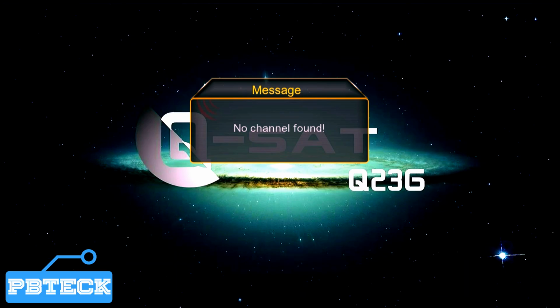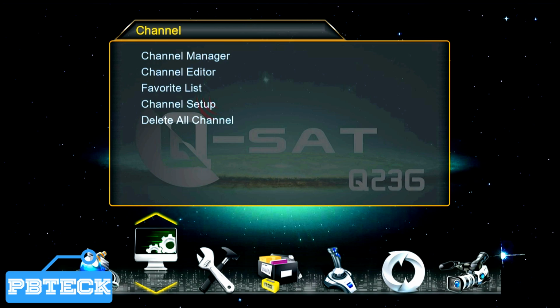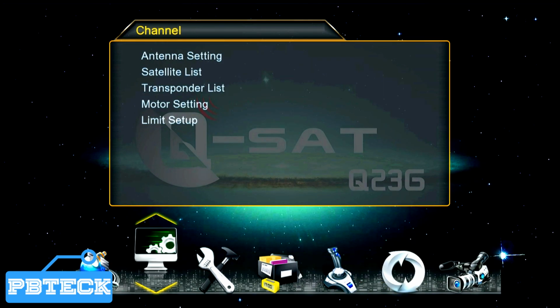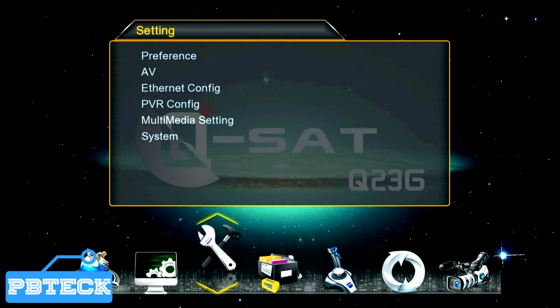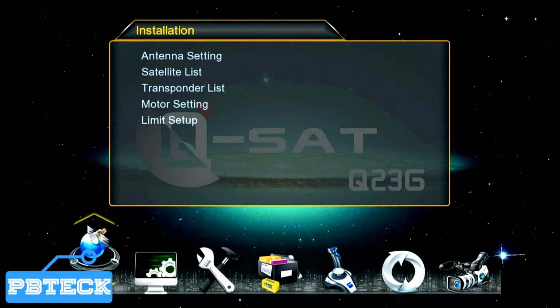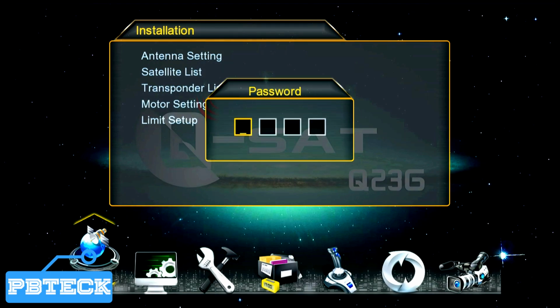From the decoder, there is no program on it, there is no channel working on it. So you press on the menu, and from the menu page over here, use the arrow keys to navigate through the options, look for installation and press OK on the installation. It's requesting the default password. If no one has ever changed it, it's supposed to be 4 zeros, 4 ones, 1 2 3 4. So you type in